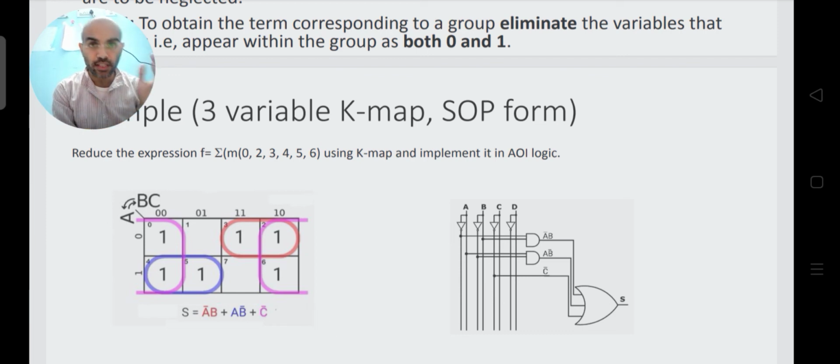Don't need to assume it. It is a single group. So you can assume it to be folded. So this is wrapped and folded. So these cells are adjacent to each other, and you can check it